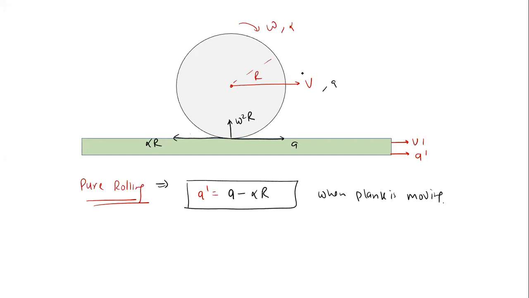See, for rolling motion we have only one point of contact. Now when it is rolling, the point of contact is every time changing. Every time when the body is rolling, the point of contact is changing. But the condition for pure rolling is that whatever point is in contact with the surface, its velocity will be zero if the surface is not moving.